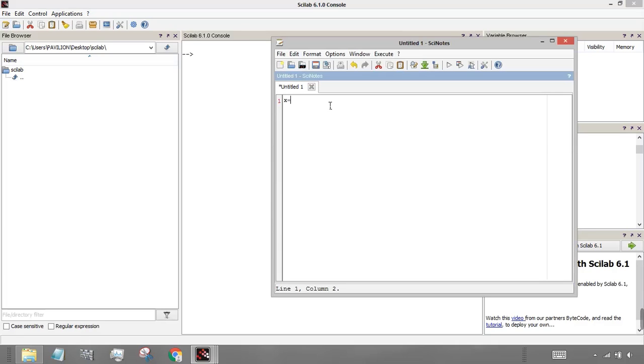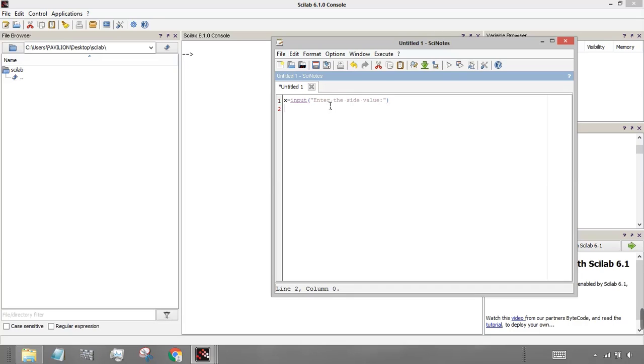So I'll just create a variable named x as my value for the side of the square. So as it is to be provided by the user, I'll just write it as an input, enter the side value.